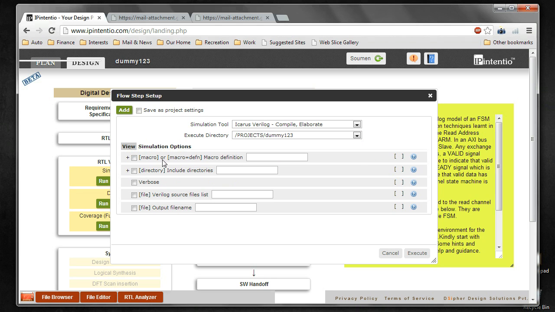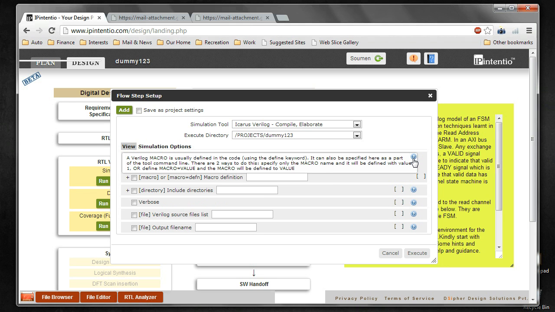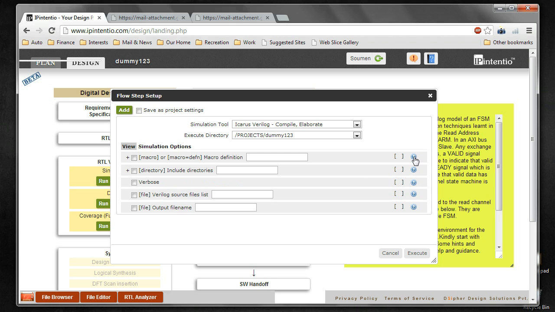Here you can see some options that are displayed over here. You can look at their help also inline. So this will give you an idea of how to use that particular option. If you already know the option, then you can start selecting it. So for the file that we have already coded,